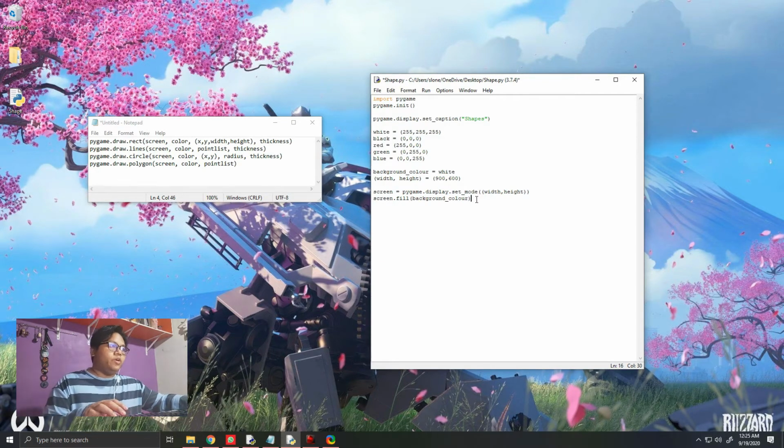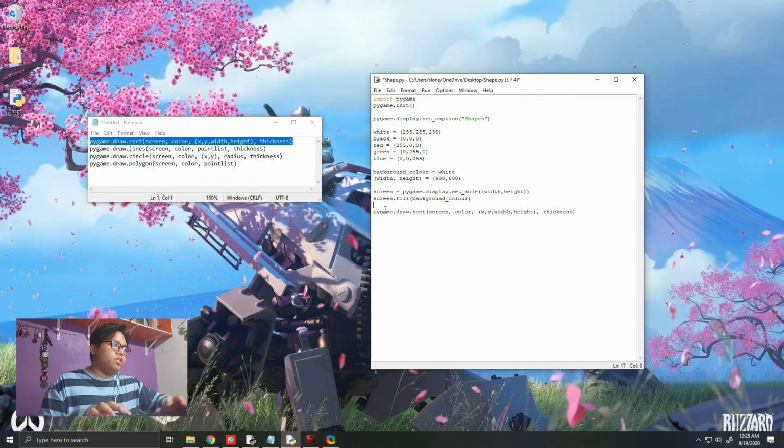And then we're going to start drawing. So there are four drawings, which are rectangle, line, circle and polygon. So we're going to start with the rectangle. The rectangle is pretty easy, and this is the code. I'm just going to copy the code right here. So the code is